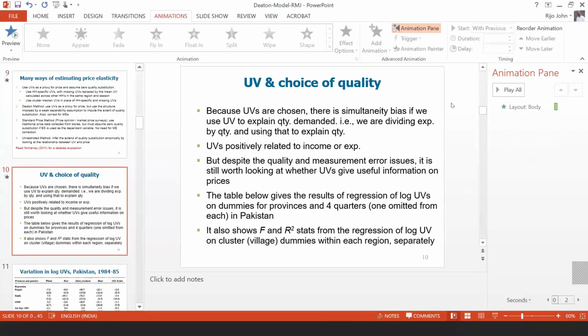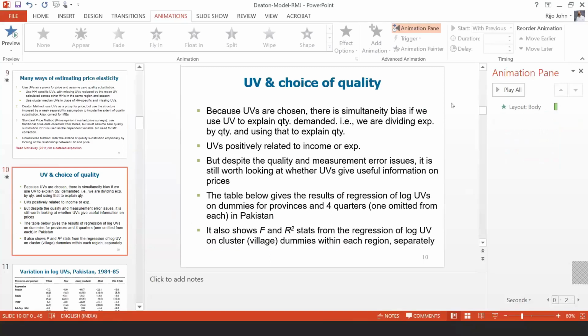Because unit values are chosen, there is a simultaneity bias if we use unit values to explain quantity demanded. That is, we are dividing expenditure by quantity and using that to explain quantity. So there is some kind of simultaneity happening. Unit values are positively related to income or expenditures. But despite the quality and measurement error issues, it is still worth looking at whether unit values give useful information